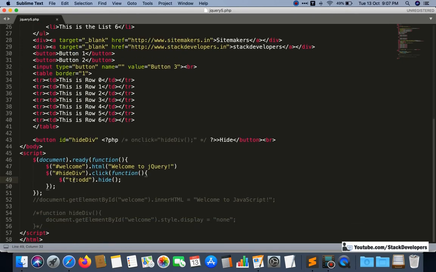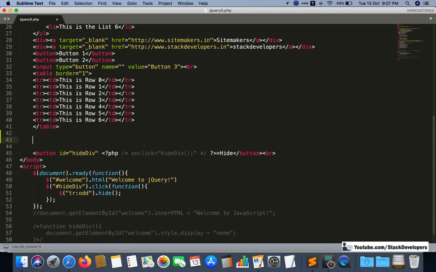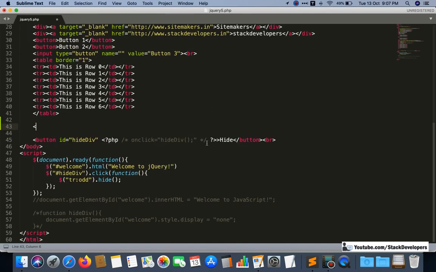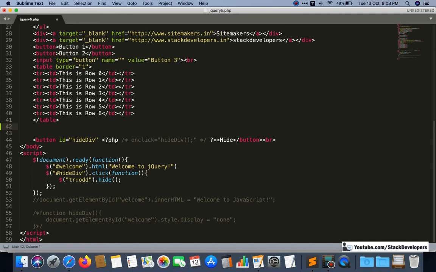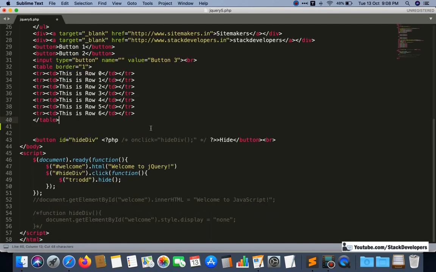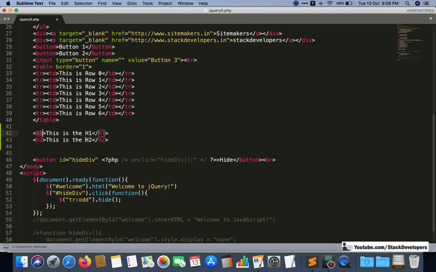So I am going to see hide div, see this one we have done, or we can do some other, like I will use some test here, like h1 test, or p tag, h1 is better, but h1 we are already having, so we can remove this one. This is the h1. I'm going to bring it down, okay.